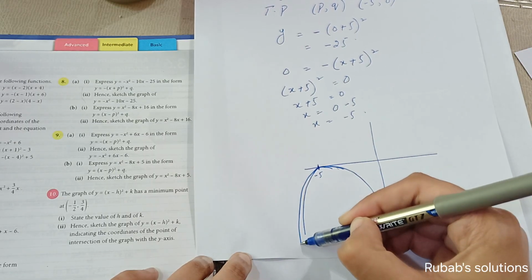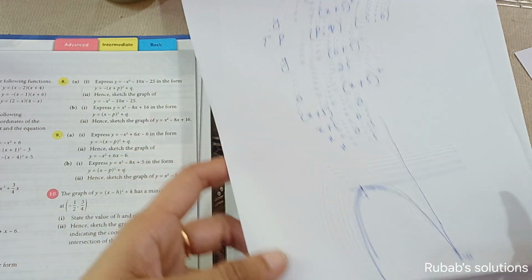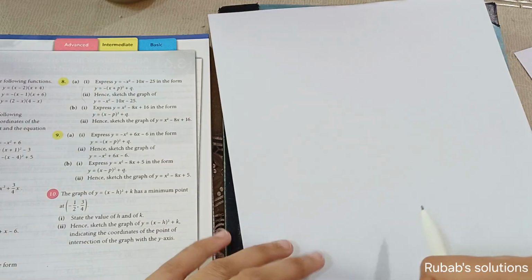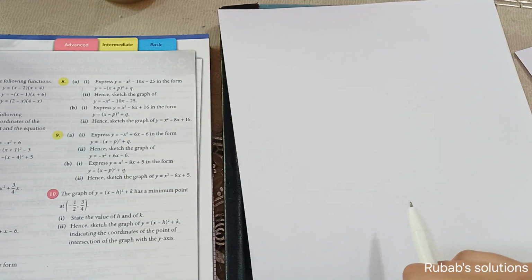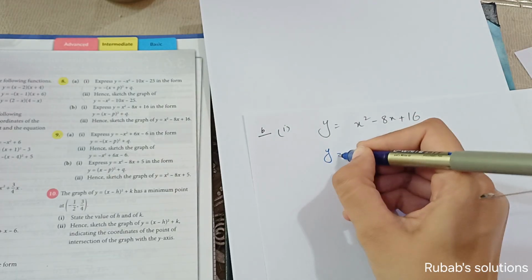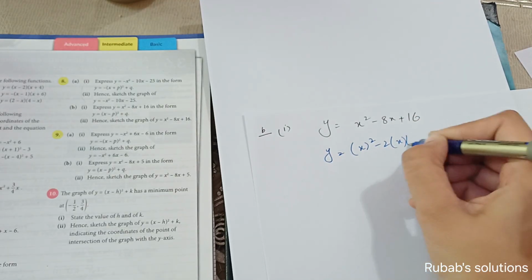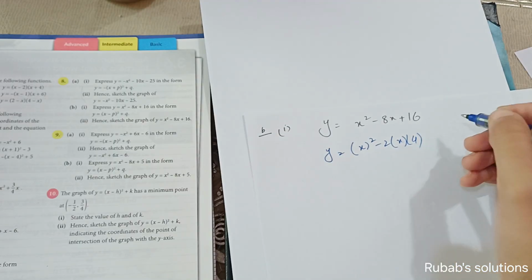ये यूं करके टर्निंग पॉइंट, इस तरह से इसका ग्राफ बनेगा, क्योंकि हमारे पास x का सिर्फ एक ही पॉइंट है, तो एक ही पॉइंट पे वो टर्न आउट हो गया, ठीक है। Moving towards the next part, it's part B, and part B is saying that, okay जनाब, part B is y is equal to (a square minus 2ab...) a is x, b is 4.